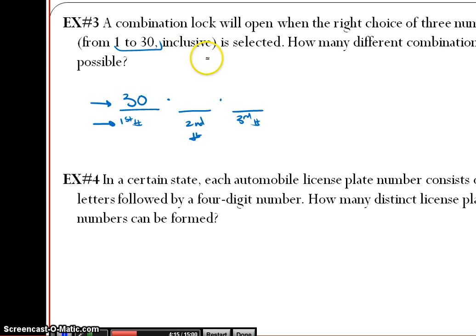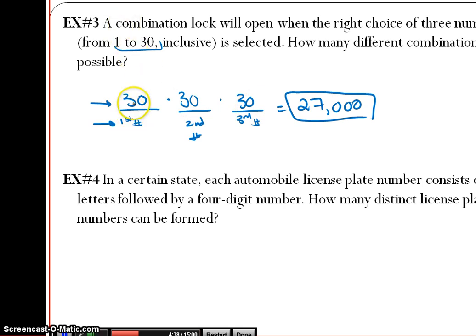The second event would be picking the second number, and how many ways can we pick the second number? Well, it can be any of the 30 numbers, and it can be a repeat, so it can be 30 times 30 times 30, which is 27,000 different 3-number lock combinations, assuming you can repeat numbers,